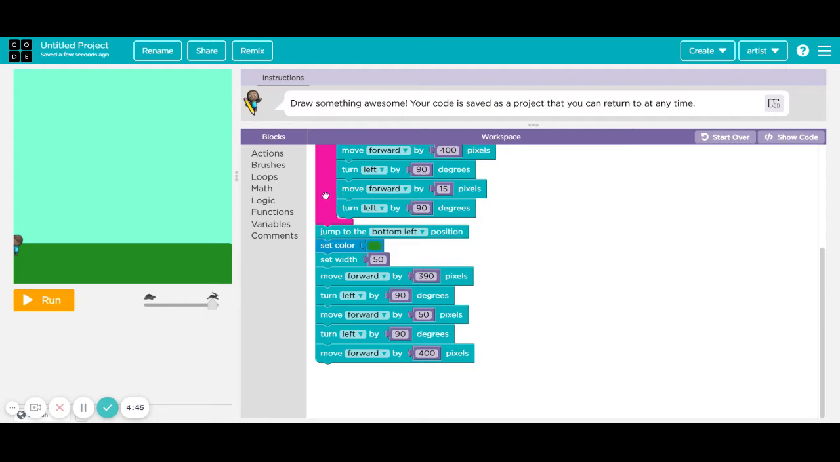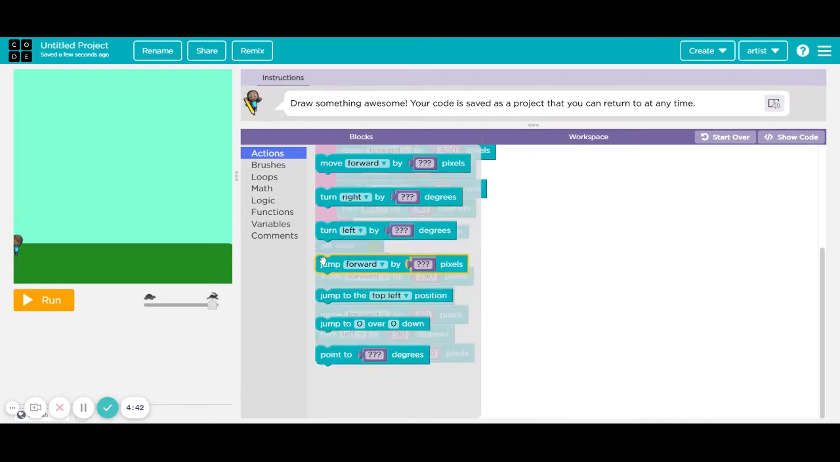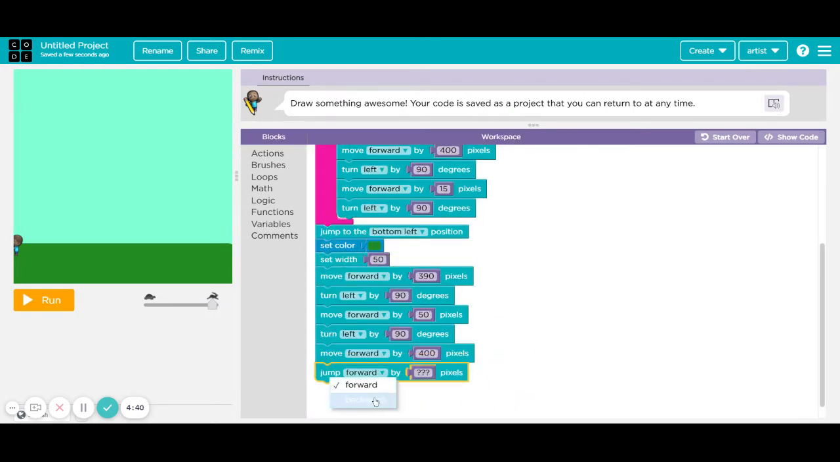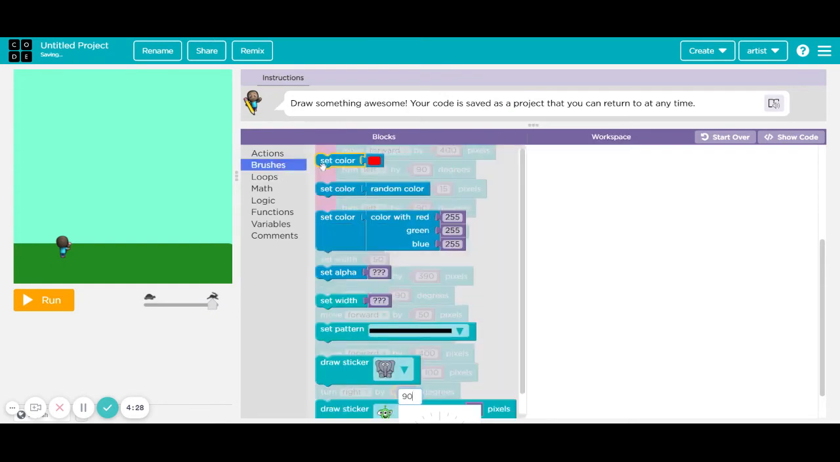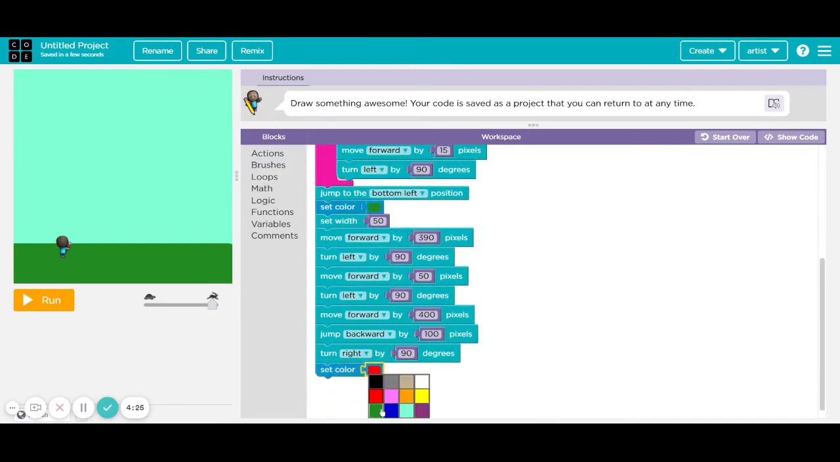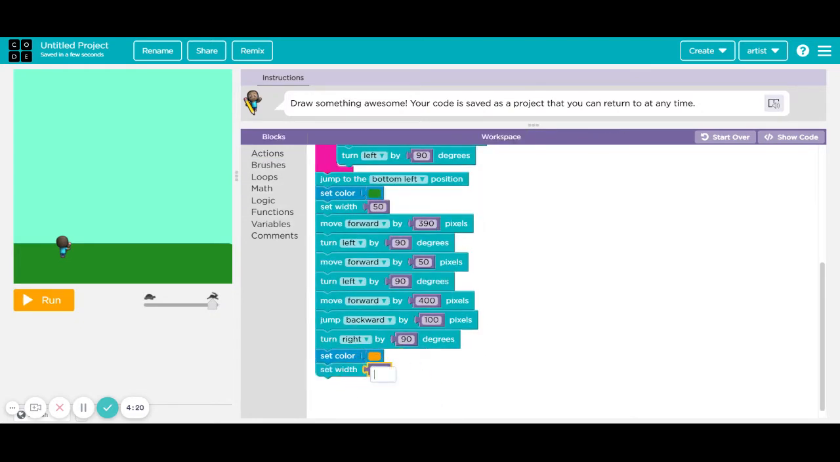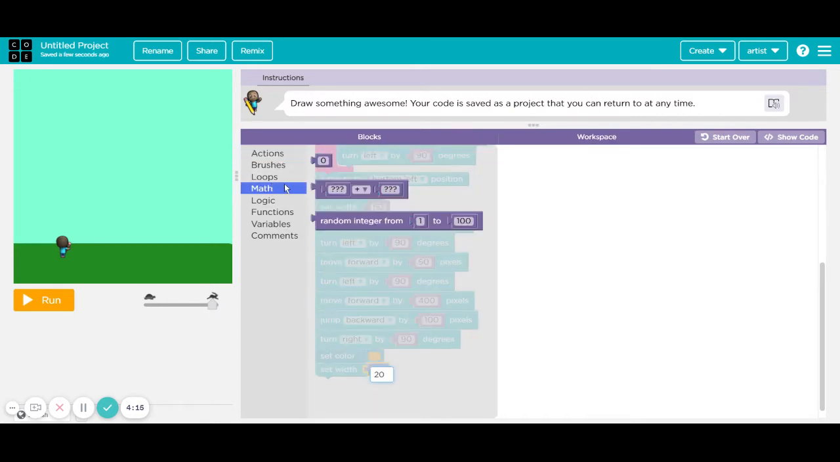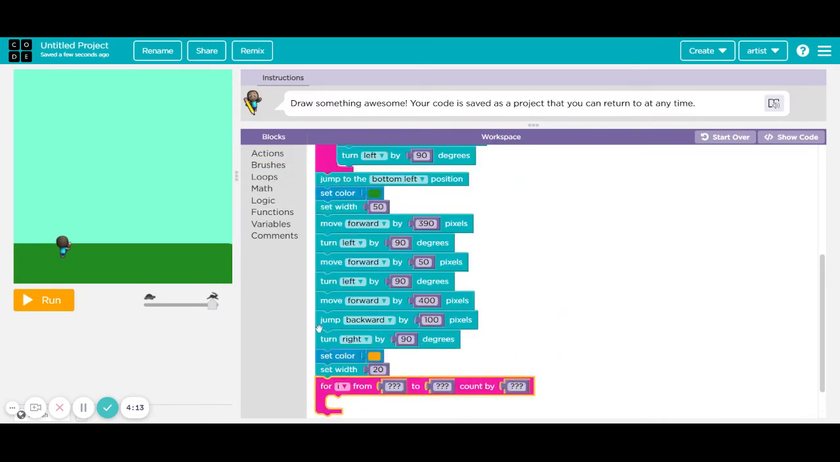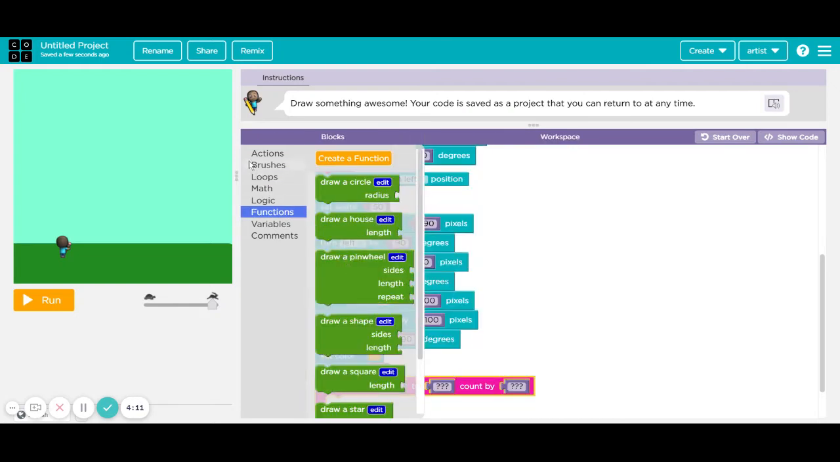Let's get started. For that, first go to action, bring this block, make it go backward 100 pixels. Now go to action, turn right by 90 degrees. And now go to brushes, set color, I'll make it orange. Again go to brushes, set width to 20 and now go to loops and bring this one, and inside it